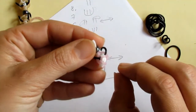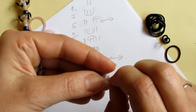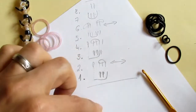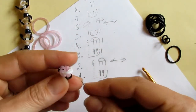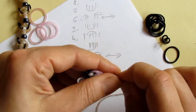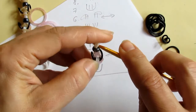But now, with the first sequence, I would suggest to fix the braid also in the bottom, in the very beginning. It's good to put a bead over here too, so that it will lock this sequence. So let's do it too. I take a bead, put it on my needle and pull it on these two bands over here in the beginning, like so. So I put it back on the hook,